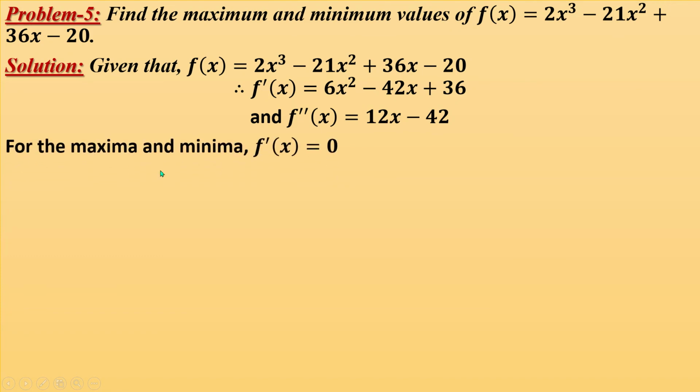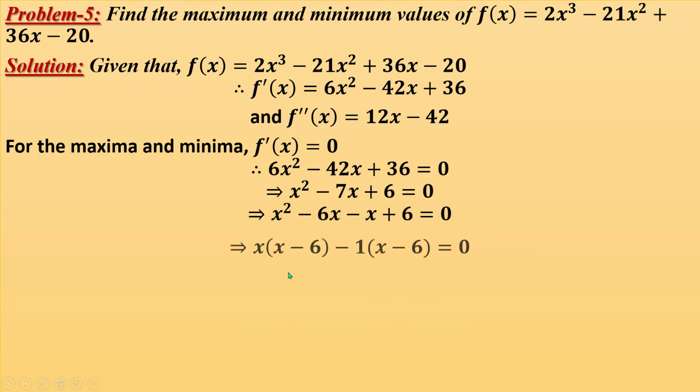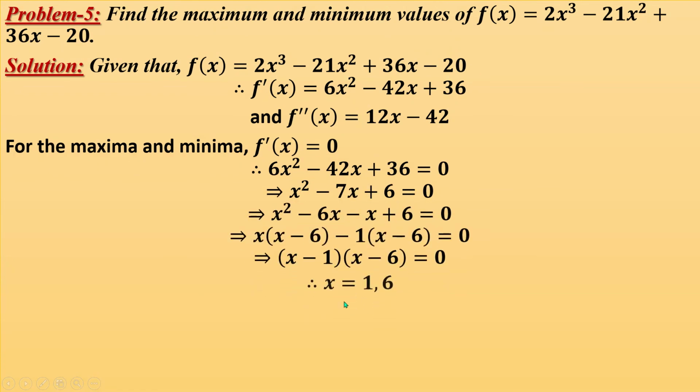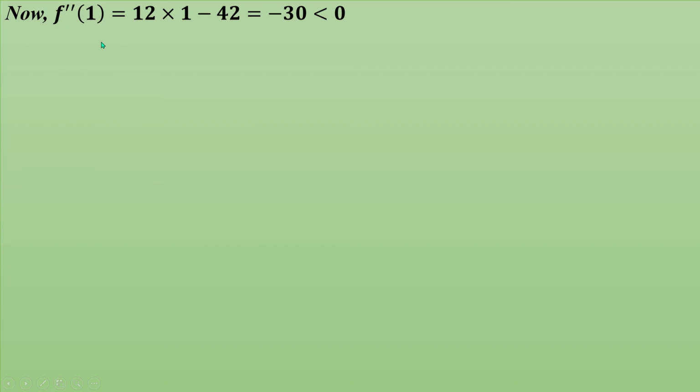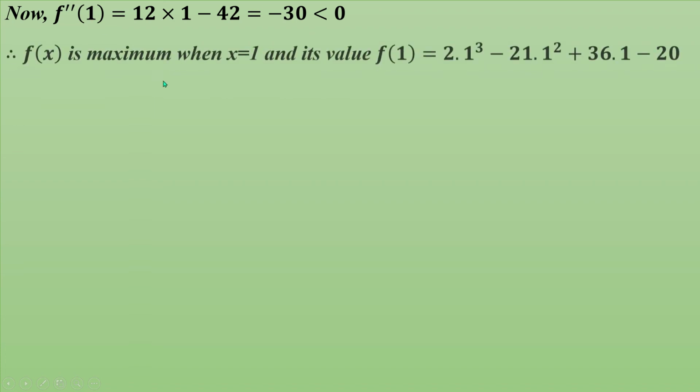For maxima or minima, or for critical points, f prime x is equal to 0. That means 6x square minus 42x plus 36 is equal to 0. By calculating this, we'll get this and this. That means x is equal to 1, 6. Now putting x equal to 1 in the second derivative of this function, this equals minus 30, which is less than 0. As a result, the function will be maximum at x equal to 1 and its value